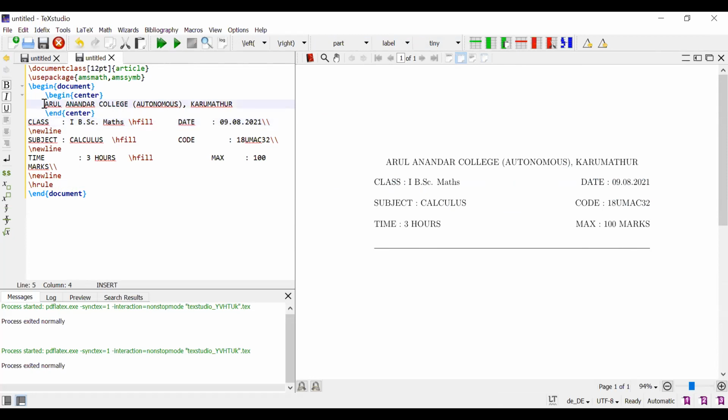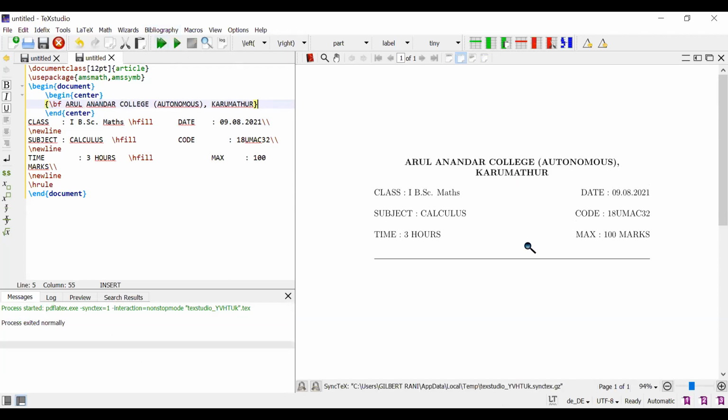Suppose I want this bold. See this. Using this textbf, you can bold anything. And if you want italic, you can get all these things.